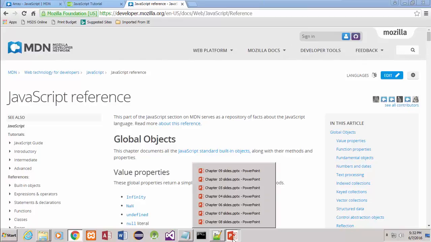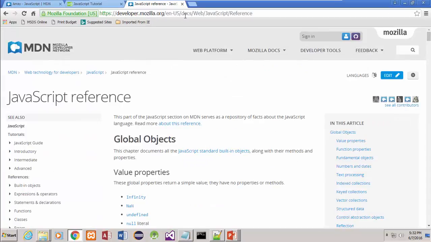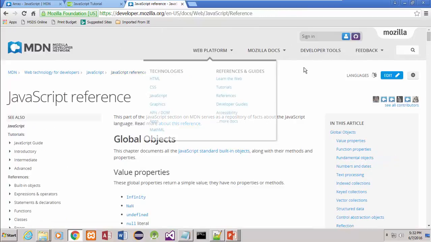If I say something and you think I'm wrong, I don't try to misspeak, but I do, that I said something wrong or did something wrong or whatever. Now, with what we just looked at a second ago, we've got reference, global objects, array. Well, again, if I come back to the reference here,